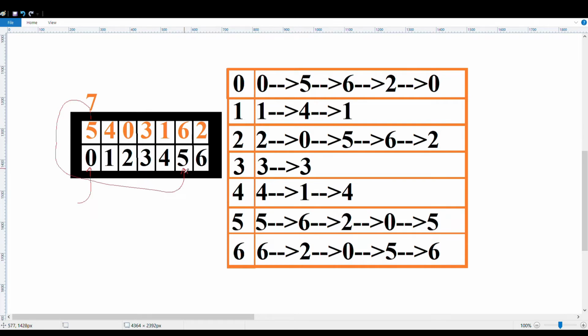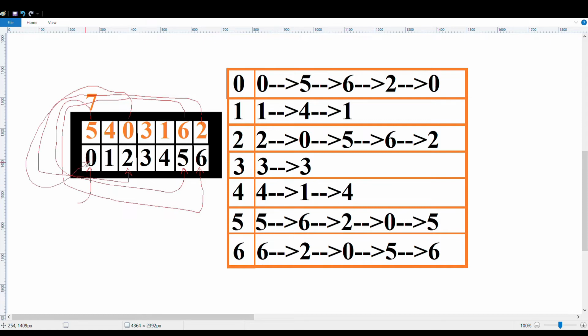Now what is the key in the 5th room? 6. So you'll take the 6th key and go to the 6th room. You'll open the lock, and when you open the lock, you get 2. So you take 2's key and go to the second index room. You go there, you get the 0th key, so you take this and come to the 0th value.